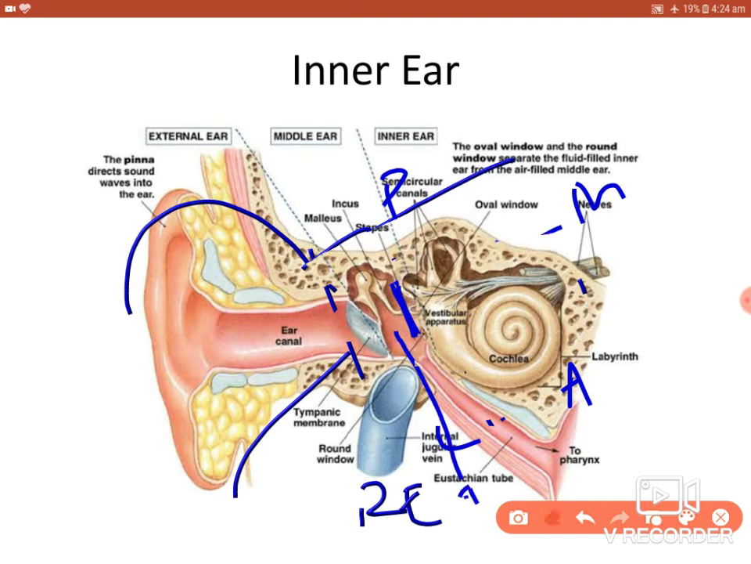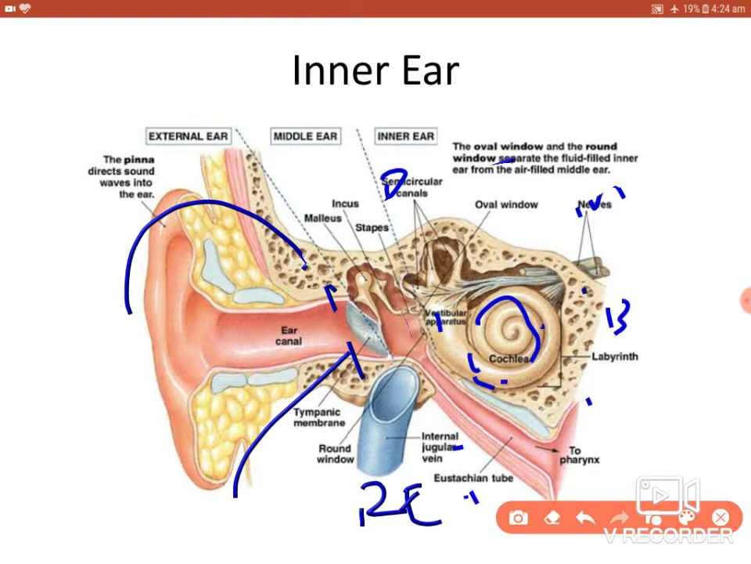Then the parts of the inner ear are the outer bony part, which is called the bony labyrinth. So this is the bony part. Then inside this bony part there is the membranous part, that is the membranous labyrinth. Okay, so this bony labyrinth here